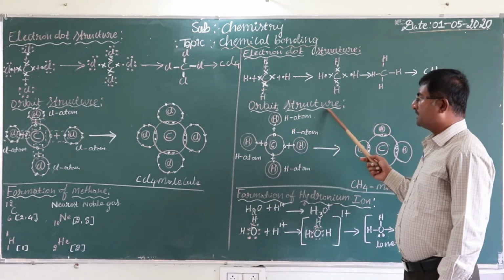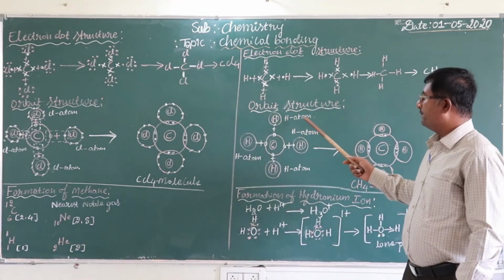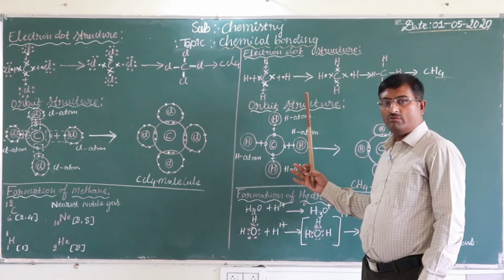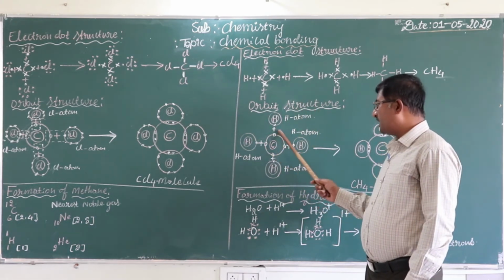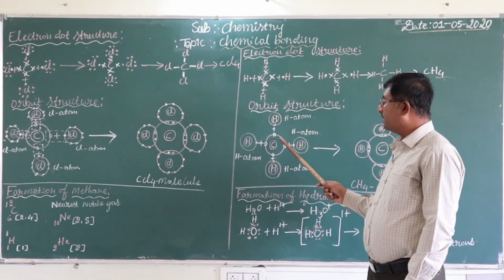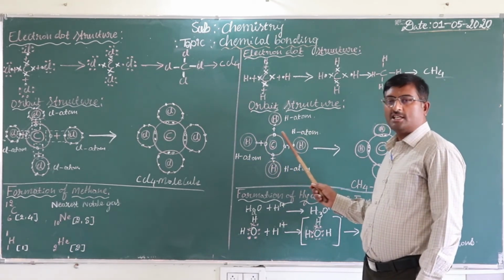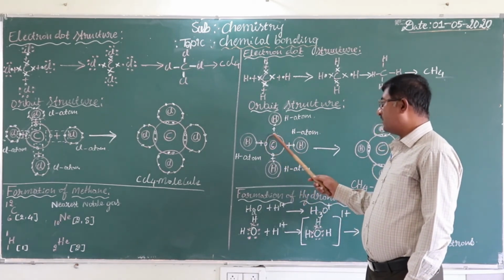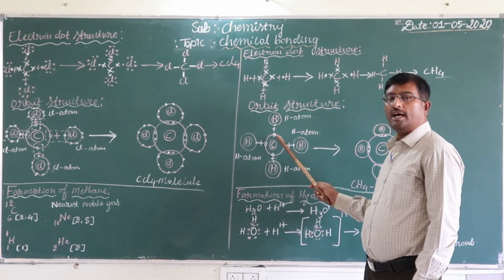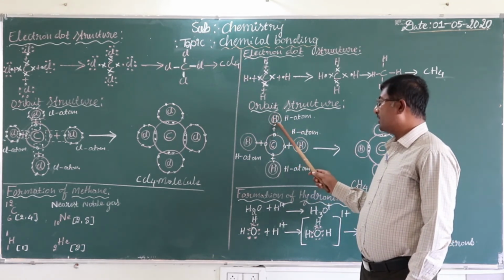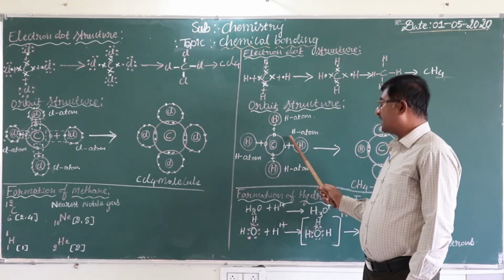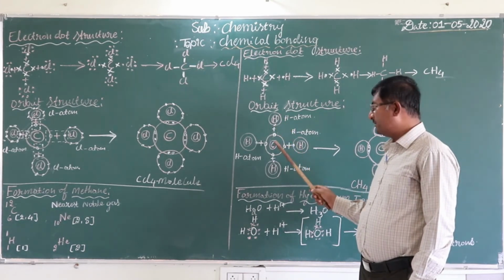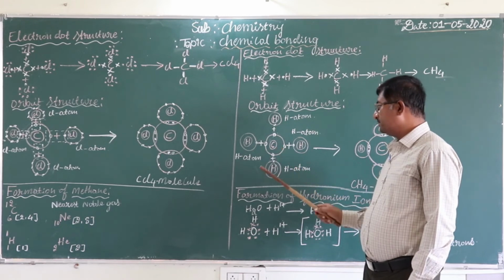Next we will go to the orbit structure. In the orbit structure of the atom, while writing, only the outermost orbit we have to consider. See, in the outermost orbit of carbon, as I already explained in carbon tetrachloride, 4 electrons are there. Those 4 electrons I am denoting by writing circles. Circles indicate electrons belonging to the carbon atom. Next, each hydrogen atom has one electron. Those electrons I am denoting by writing dots. Dot electrons belong to the hydrogen atom, and circle electrons belong to the carbon atom.